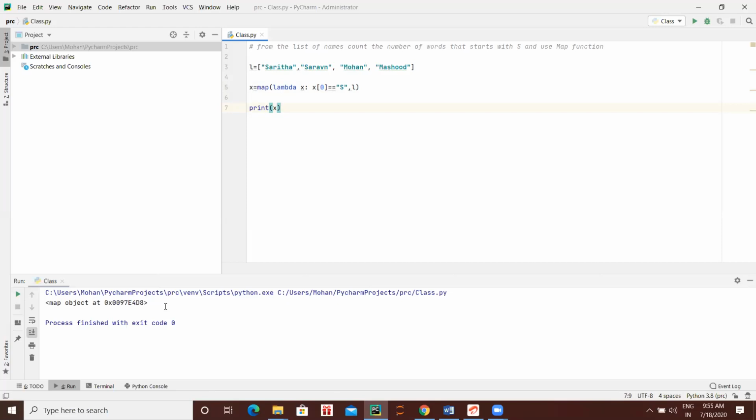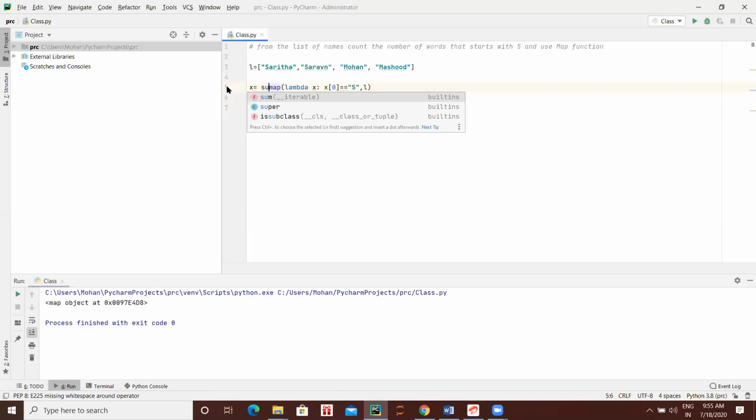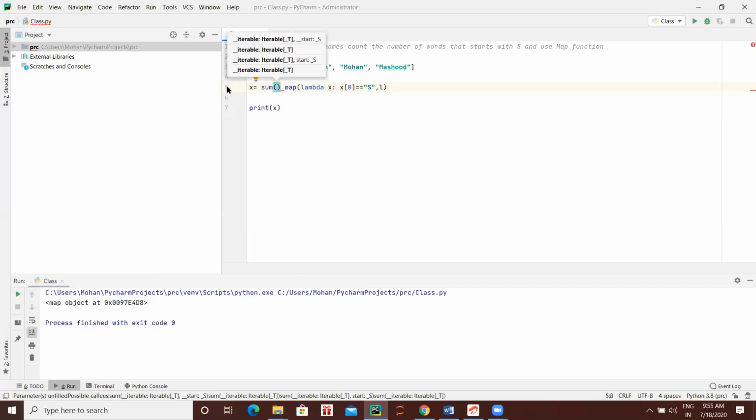Before map, write sum, bracket start, and give the end bracket in the last. Don't remove that end bracket. Everything keep inside.